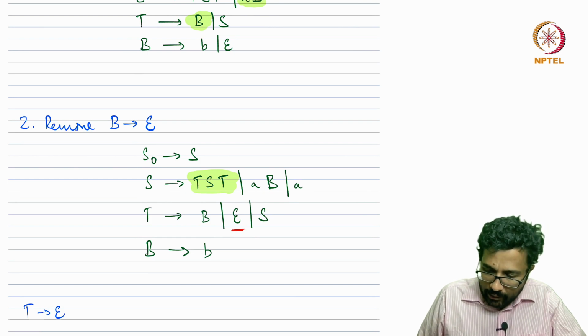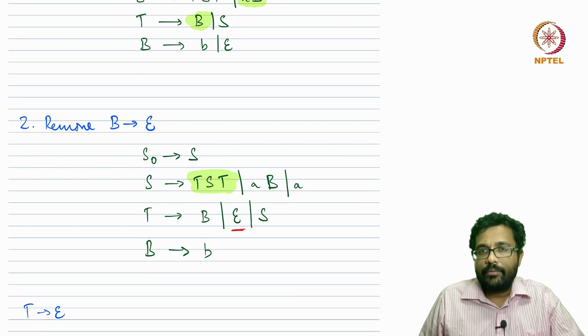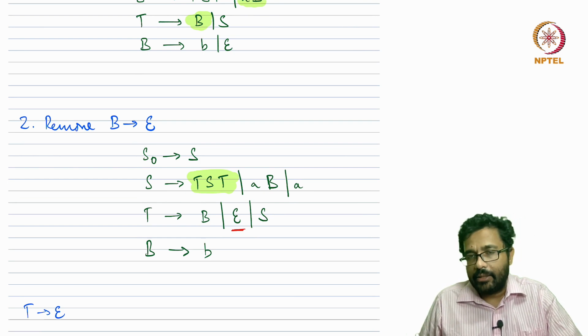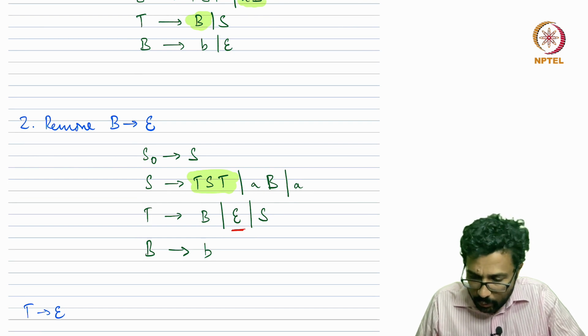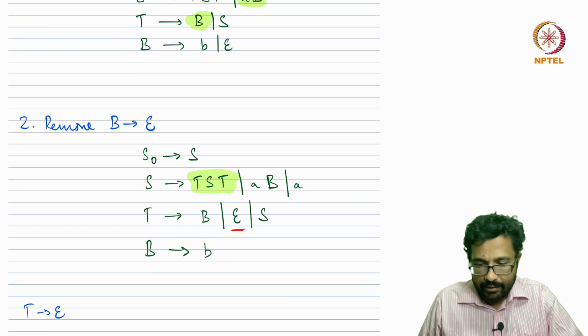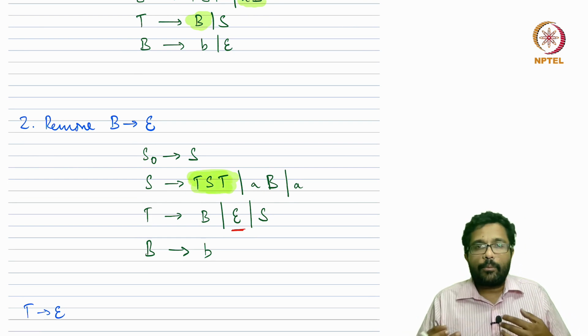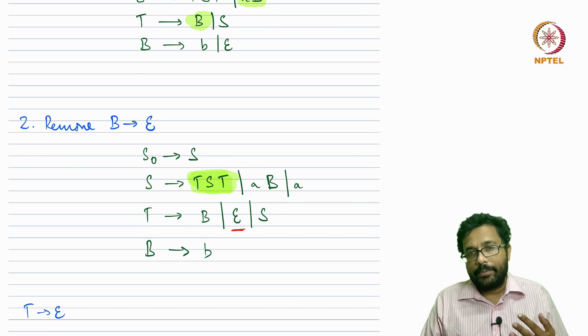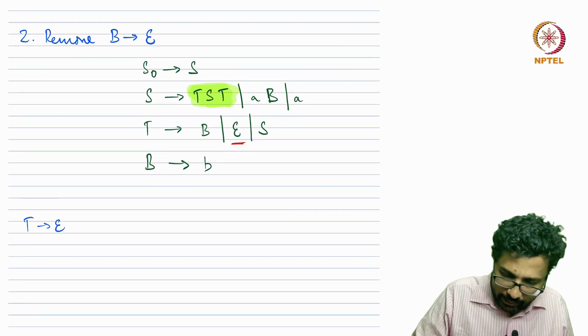We want to remove this T gives epsilon. So what are the possibilities when T goes to epsilon? This particular rule has two T's on the right hand side, and we have to account for all the possibilities. What if both of them go to epsilon? What if one of them goes to epsilon? So the modification that we need to do is